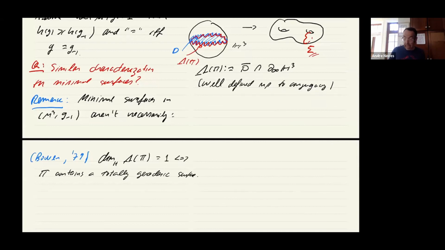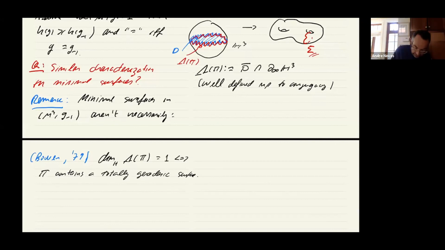In the homotopy class. Now, the reason why this is very special is because it's known that there are many hyperbolic manifolds for which that is never the case. So more likely than not, the limit set will never be a smooth curve. And if it's a smooth curve, it has to be a round circle.